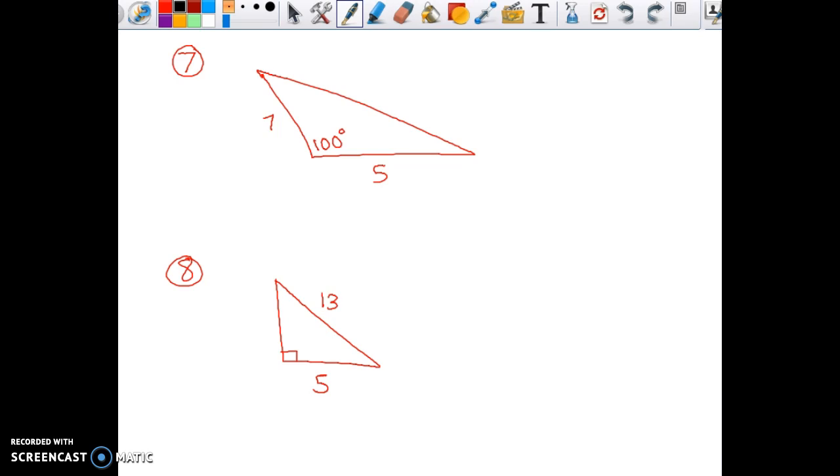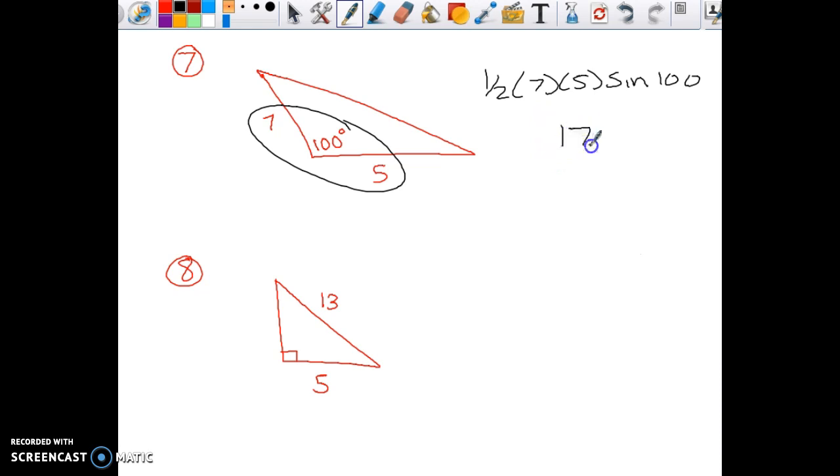Okay, so I'm hoping that you paused the video and you're thinking about which formula would be best. This one, the first thing I noticed is that I have an angle surrounded by 2 sides, so that makes me think 1/2 AB sine of C, and just type that in your calculator. I got 17.2 units squared. The next one,